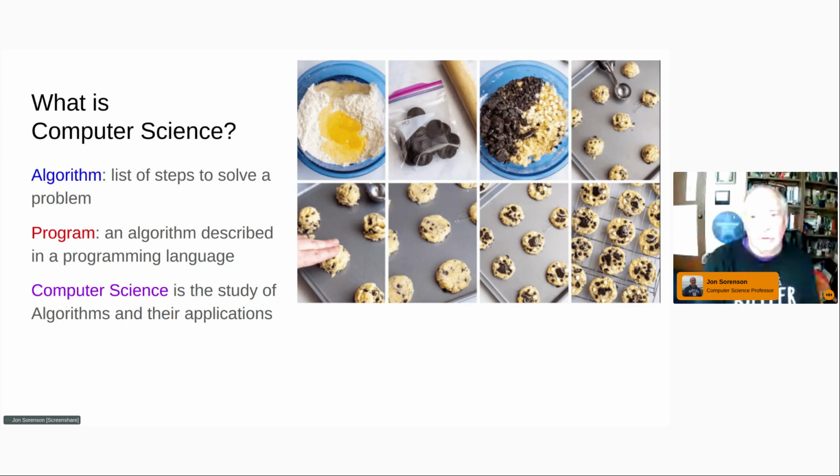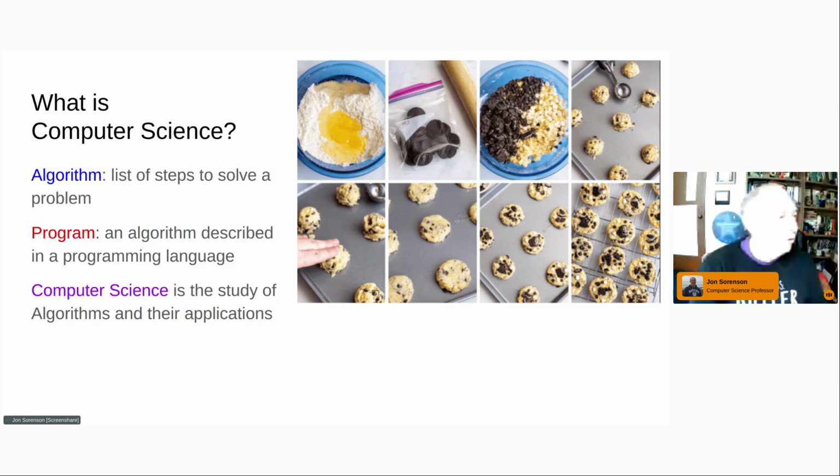So, steps, you solve it. And then what's the equivalent of the computer? Well, that would be the baker or the chef. And then what's a program? Well, a program is just when you take the algorithm and write it formally in a programming language. Then it becomes a program. But an algorithm, in some sense, exists independent of any particular programming language. The way you bake cookies doesn't depend on how you write it down. But if you want to communicate that to other people, you need to write it down.